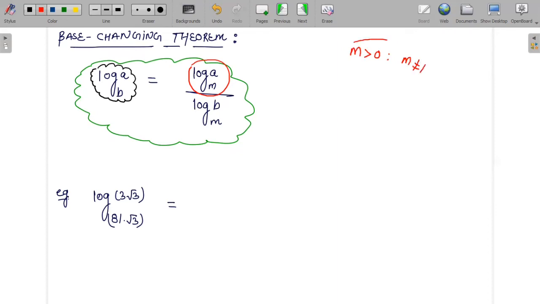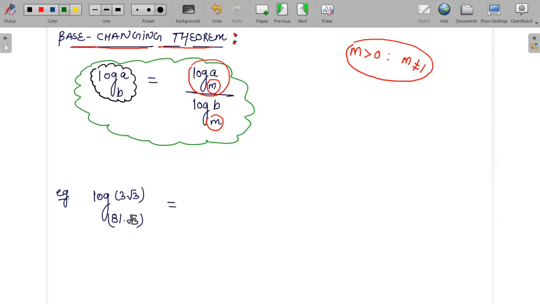And the other thing that you should remember in your mind is that whenever you are considering the ratio of two logarithmic terms, ensure their base should remain the same. Otherwise, you will not be able to use the base changing theorem, and its impact on how effectively it will be used to simplify the equation. Let's try to solve this one.